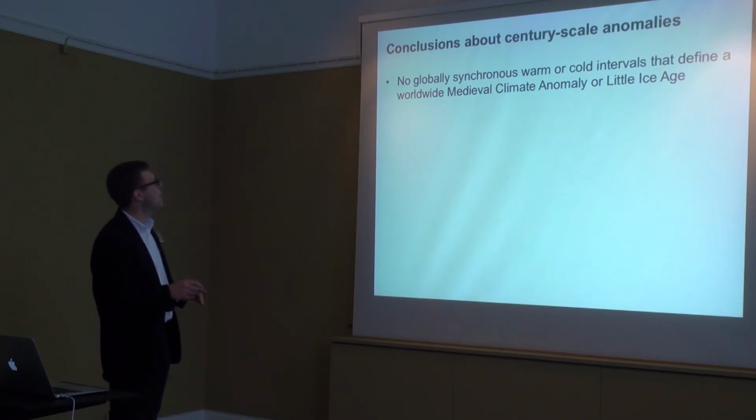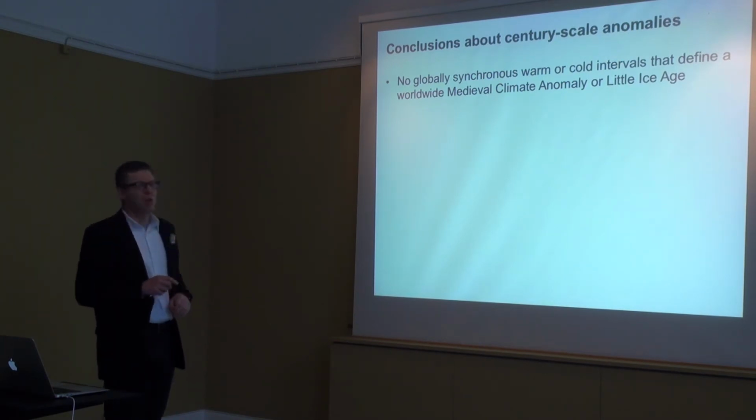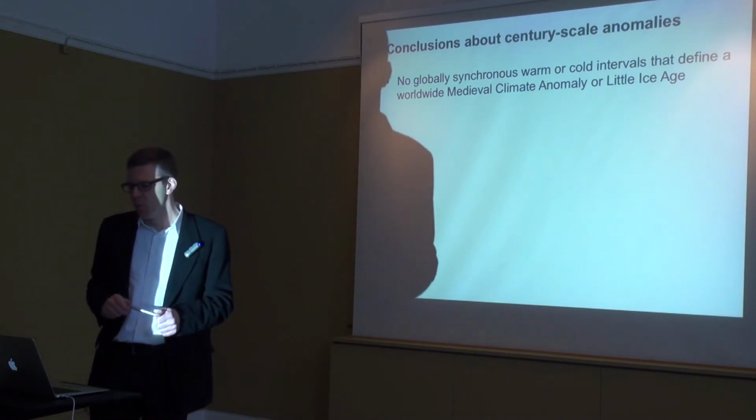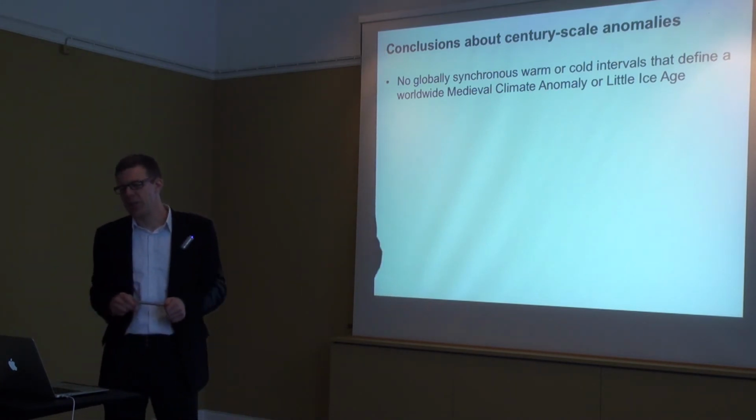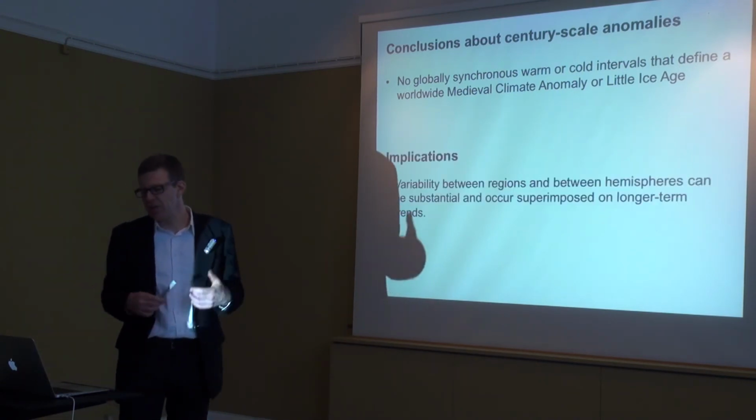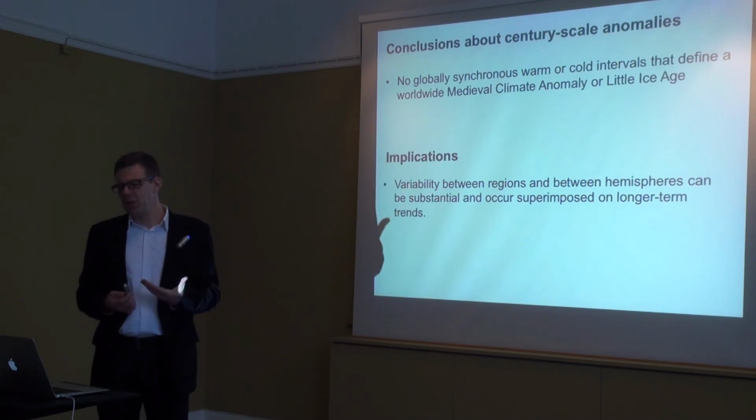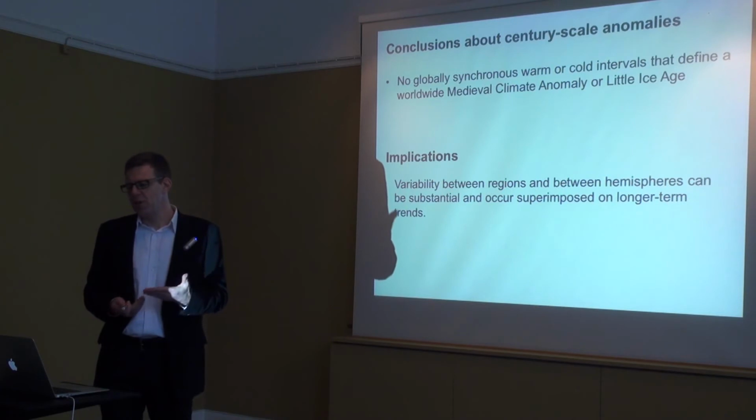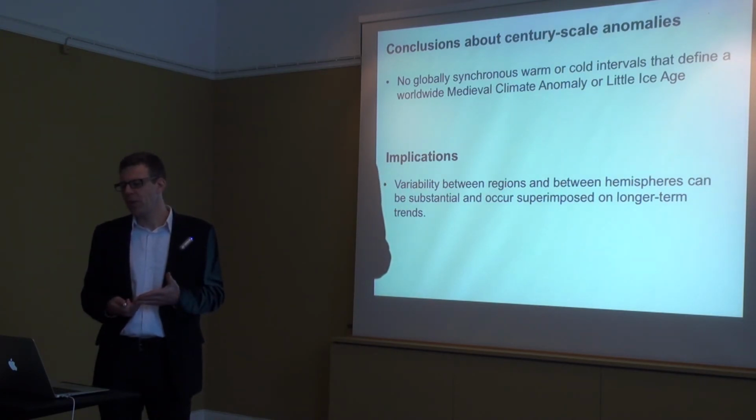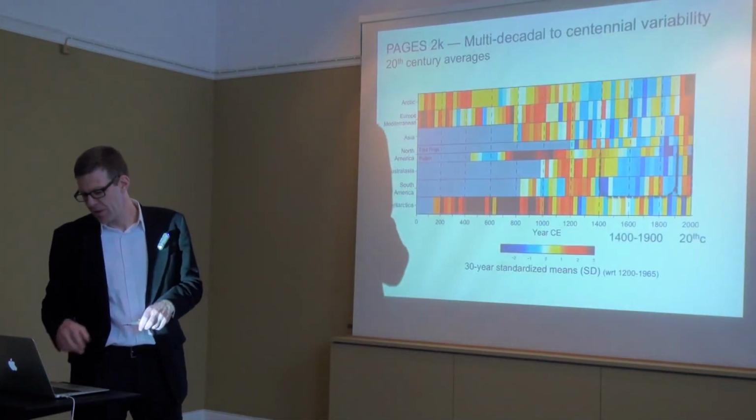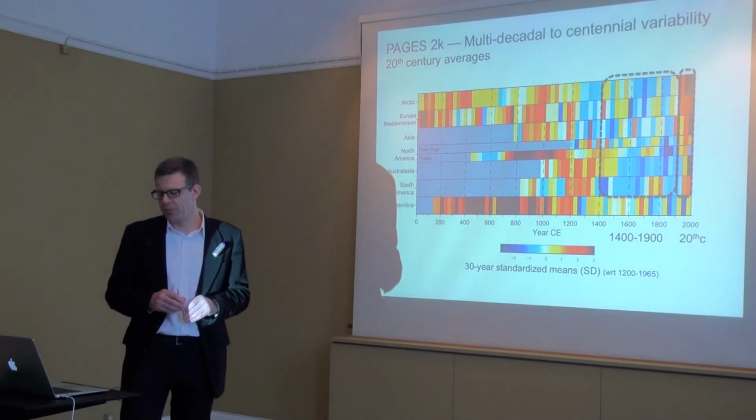The first conclusions about the century-scale anomalies: there are no globally warm or cold intervals that define a worldwide medieval climate anomaly or little ice age. And the implications are that the variability between regions and between hemispheres can be substantial and occur superimposed on longer-term trends. So finally,